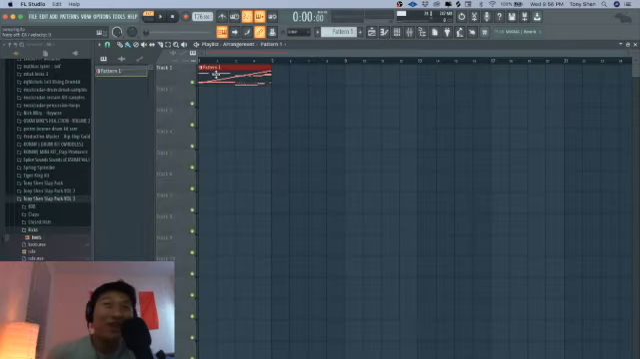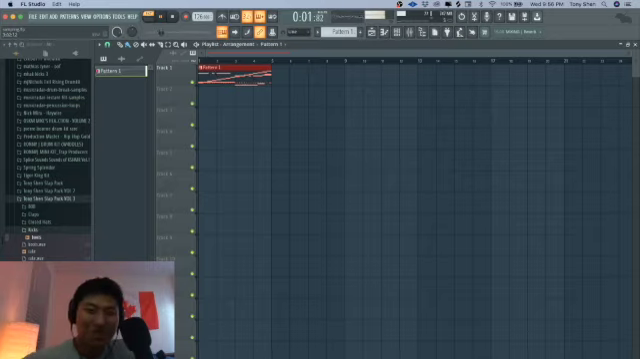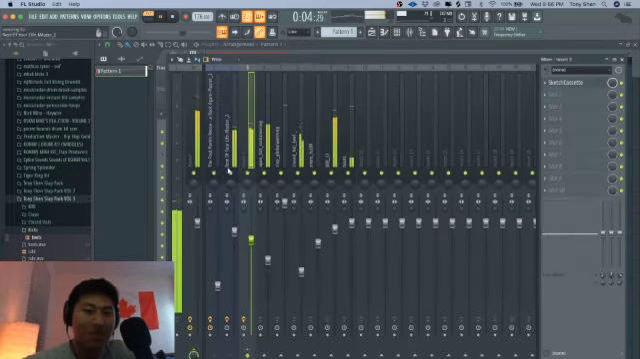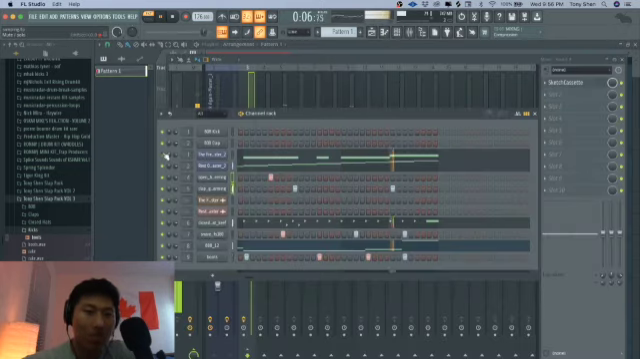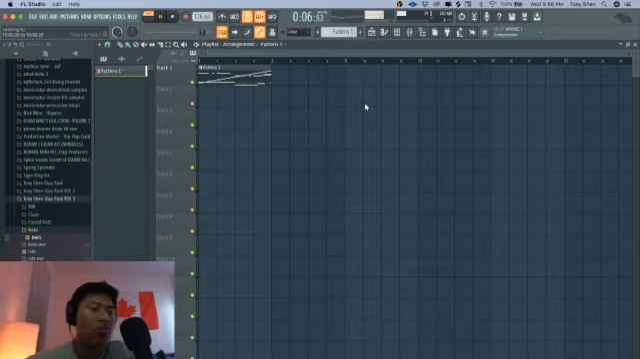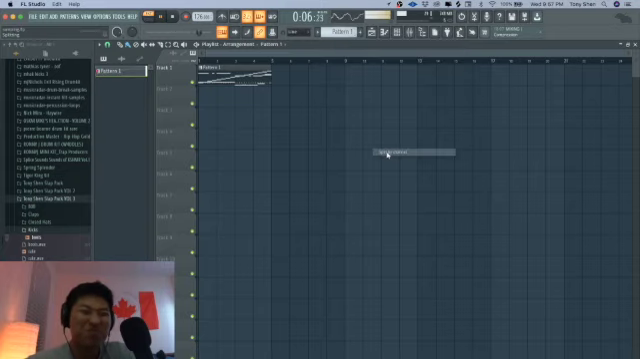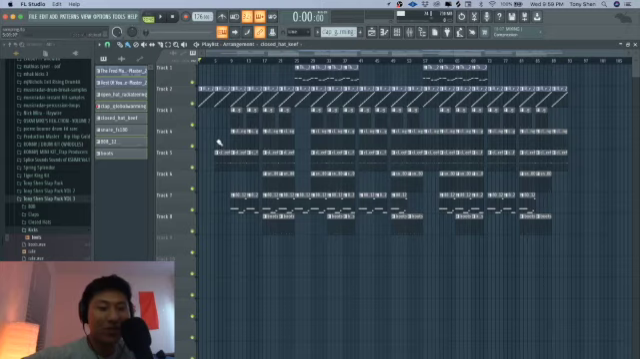Here's the pattern that I have right now. To arrange this bad boy. Here's the arrangement. I'm gonna play the beat from the top, but before I do that,